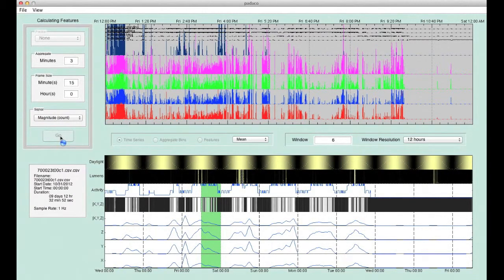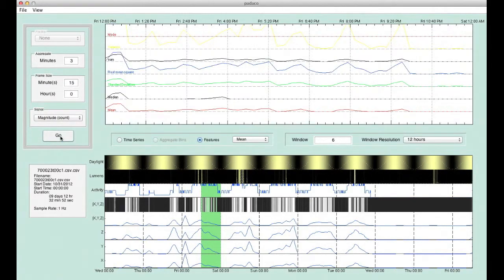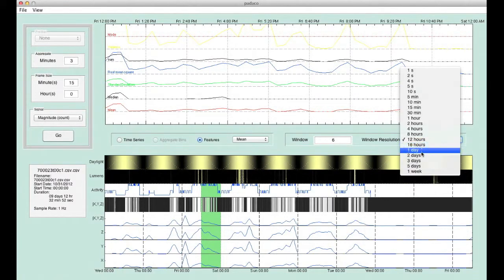Right now I'm trying to look at a particular feature for the signal that was selected, which is the magnitude, and now you can see all the features for that signal in the same time frame here on the top window. Click back to the